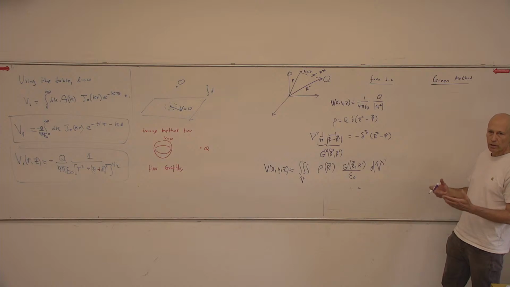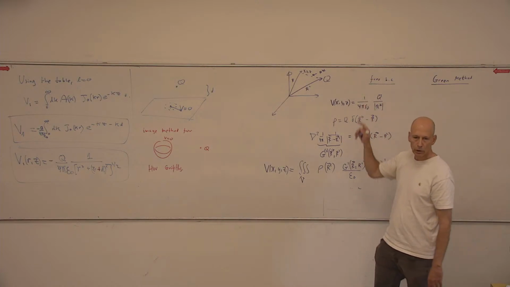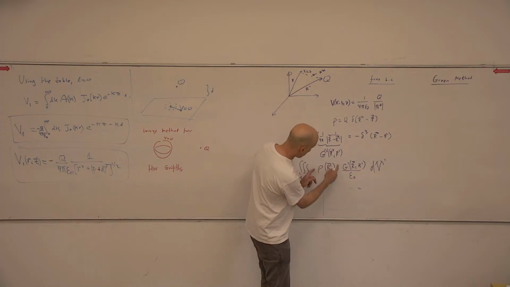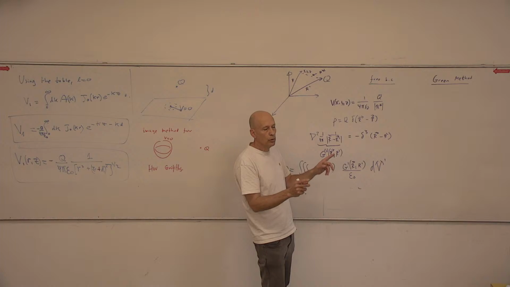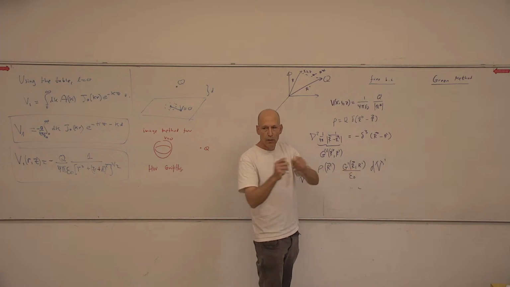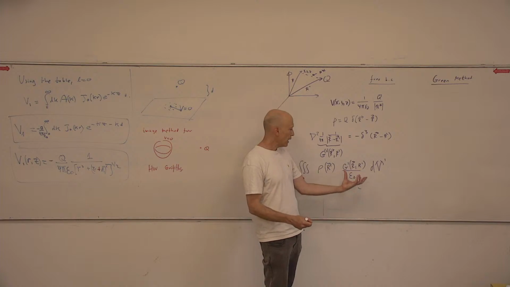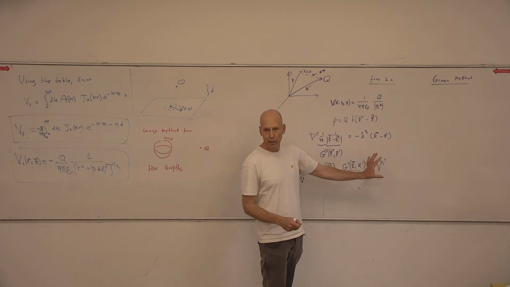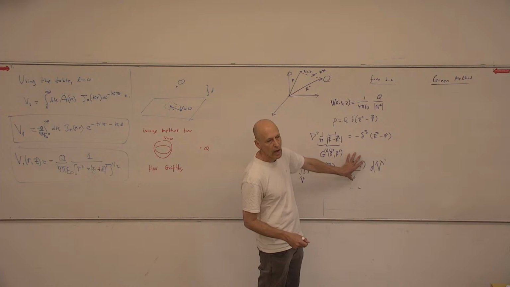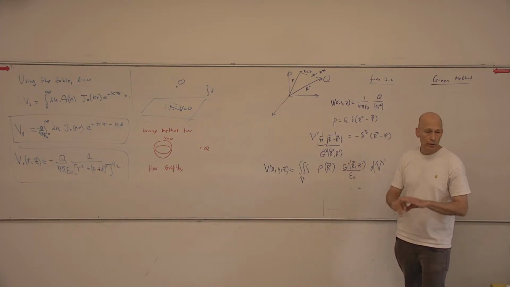So what is Green's question? Now I can pose the question. We want to find this function G not for free boundary conditions, but for other types of boundary conditions. It is some transformation that will take you from a charge density that in general you don't know. One guy will give you one charge density, another guy will give you a different charge density, for problem 1 and for problem 2. But you will have some function G, for Green, and then you need to do this horrible integral. I'm not saying it's very hard, but sometimes it is hard to do the integral, or you do it numerically. And then the goal of Green is to find this G